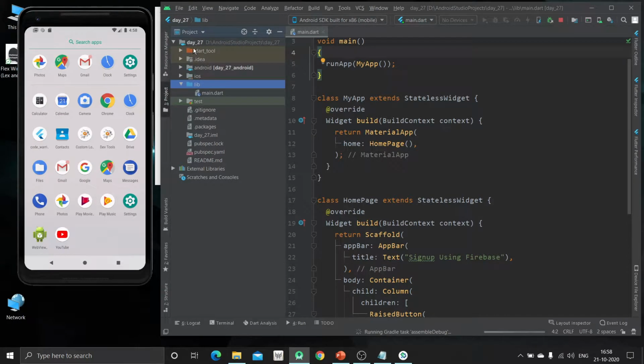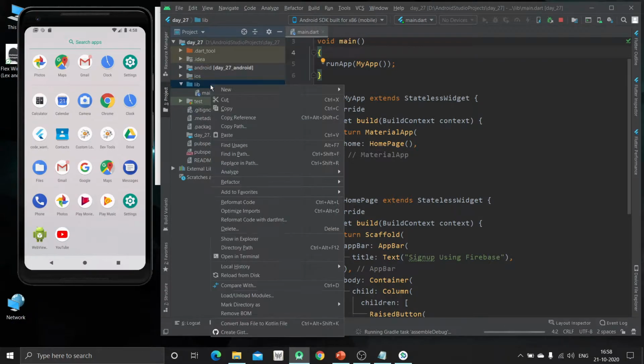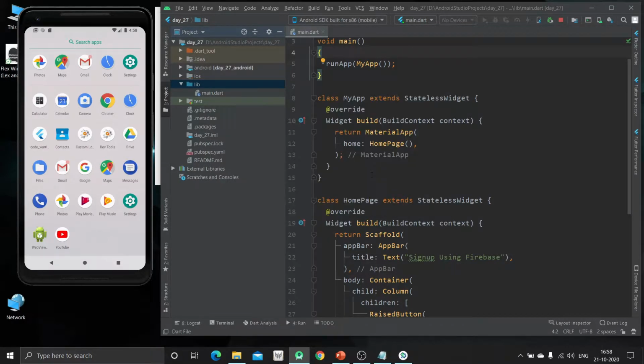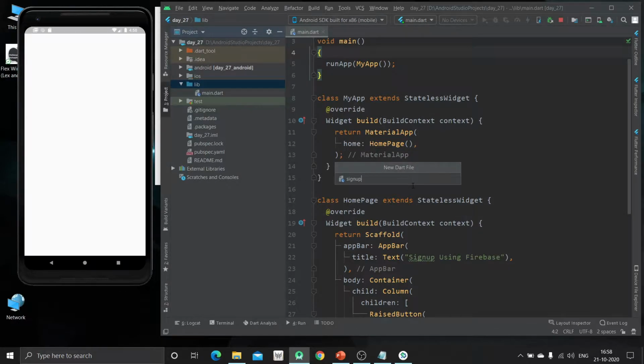After that, inside the name of the app, go inside the lib folder, and inside that just right click and go to the new option, and inside that just click on the dart file and write the name which you want to give to the new dart file. And now just hit enter.